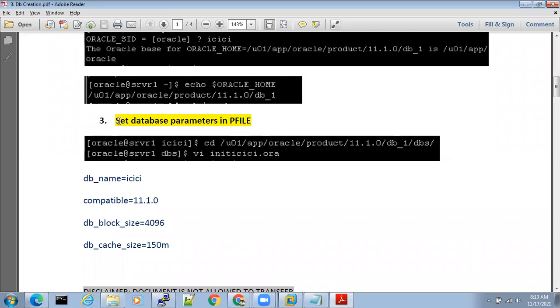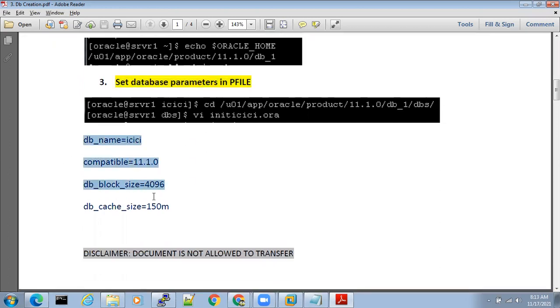Now, a lot of people make spelling mistakes at the time of typing these parameters. I have seen a lot of students; other than that, they are doing a very brilliant job, and they complete the database creation in the first attempt in a very short time, which I appreciate.